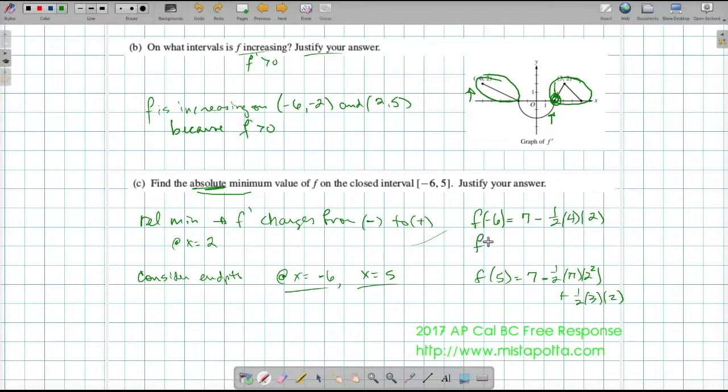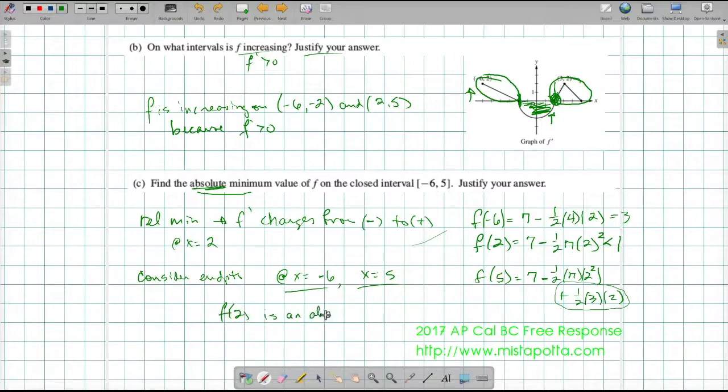Now if I want to find f of 2, keep in mind that it's going to go from -2 to 2, so it is just this semicircle. So it's going to be equal to 7 minus 1/2 pi times r squared. And so I know that this is less than 5 because f of 5 adds this term here. And I can look at this from a basic calculation part. 2 times pi is going to be 6.28. So 7 minus 6.28 is actually going to be less than 1, where this value here is equal to 3. So f of 2